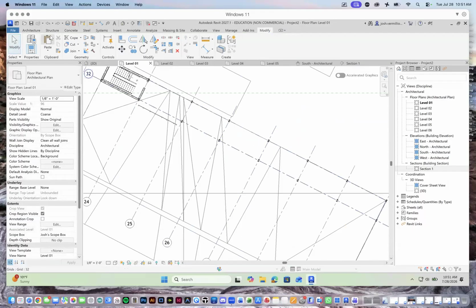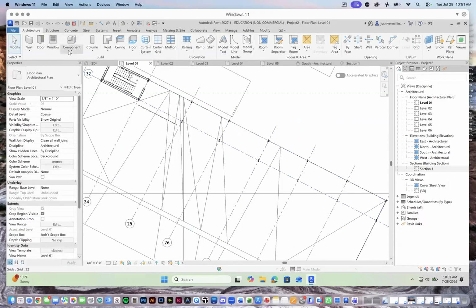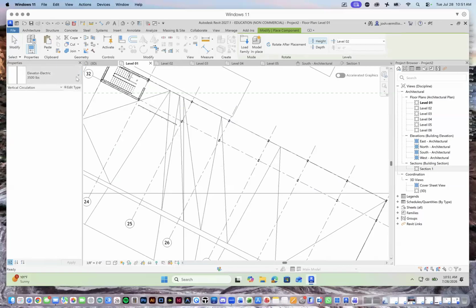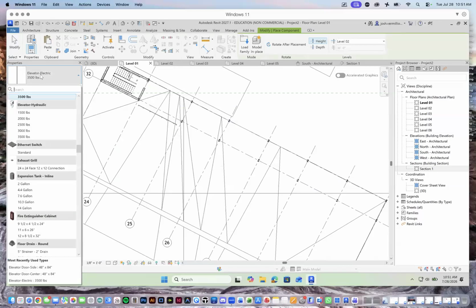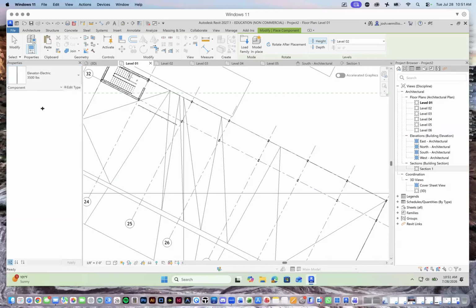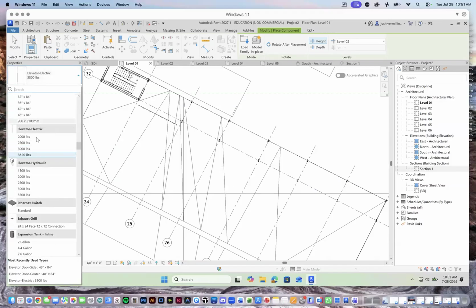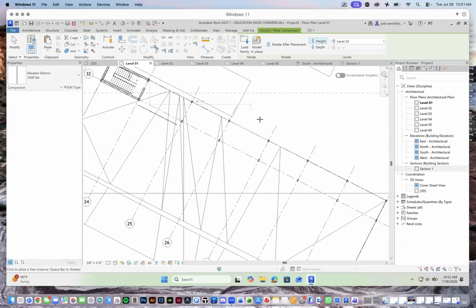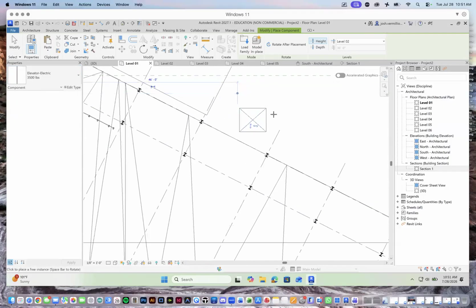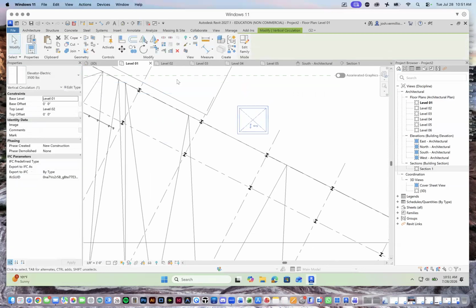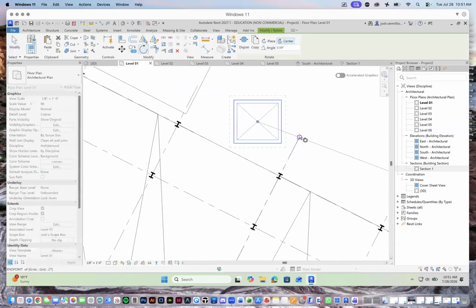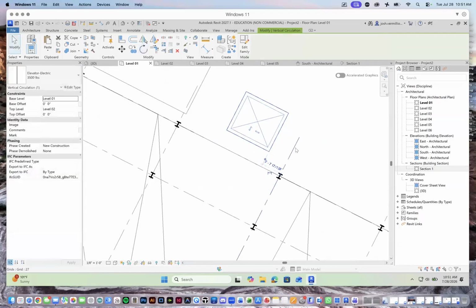All right, let me just reinsert it here. Architecture, component, place a component. The last thing we did was an elevator, electric elevator. That's good. So let's pick it. Nope. There we go. And let's place it. What you'll see is it's a pretty generic box. I'm going to go ahead and select it. Again, I'm going to zoom in here and try to rotate it around, but much more carefully. I think I did 27 degrees. Yeah, that works. And I'm going to move this